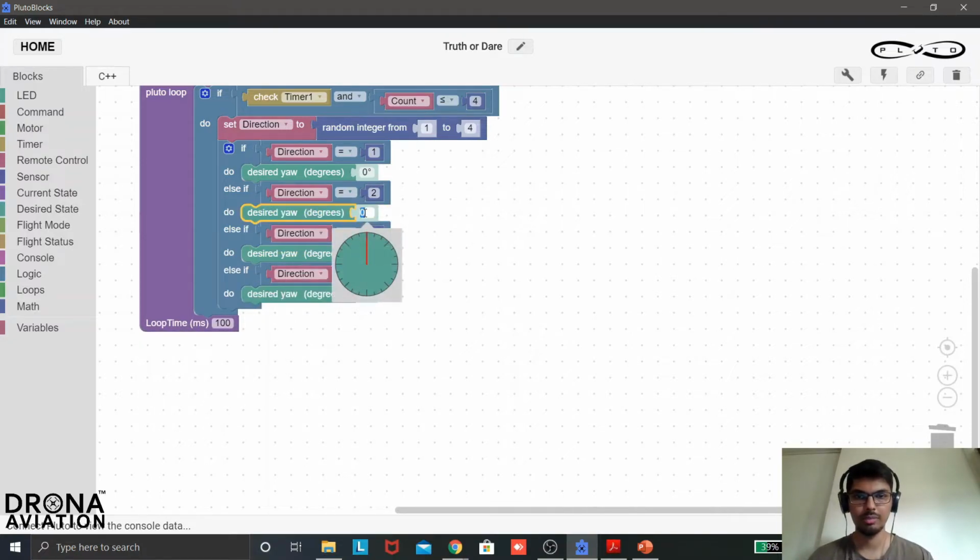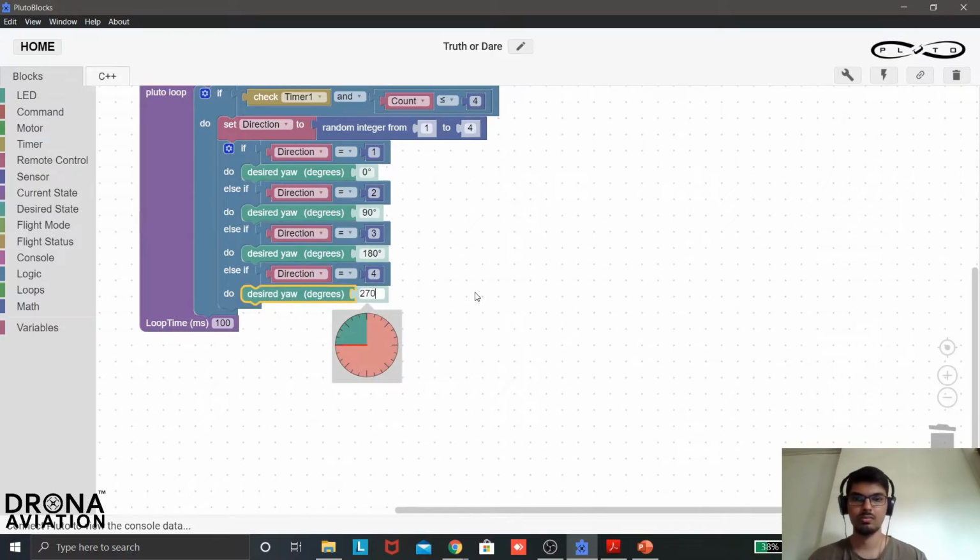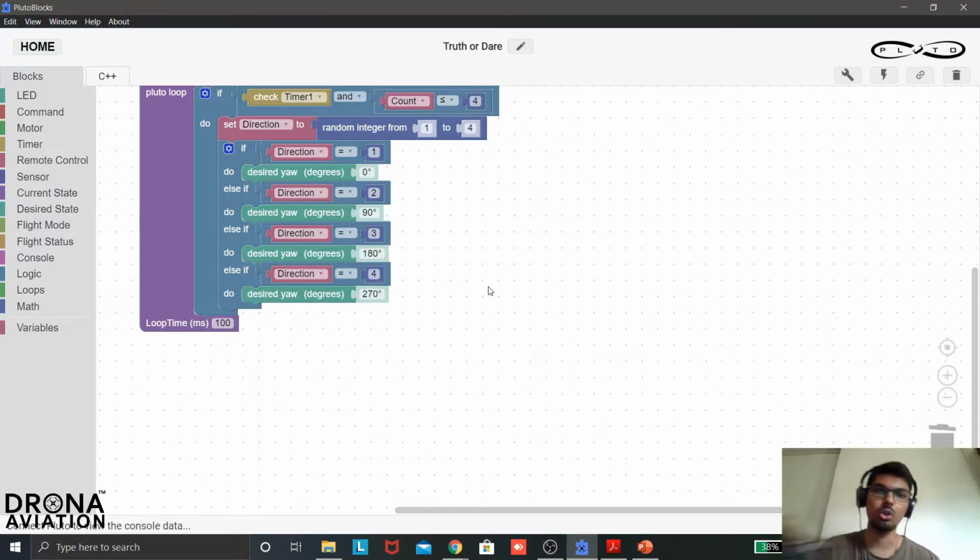Here I will type 90 degrees. Here it will be 180 degrees, and over here it will be 270 degrees. So if the direction is 1, 2, 3 or 4, the drone is directly going to yaw to the different angles.